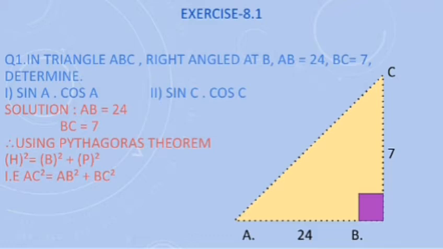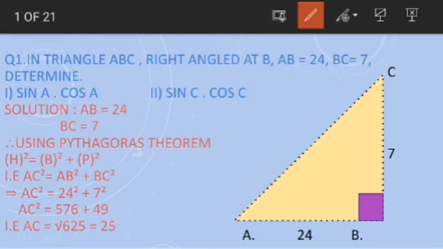Now class, moving further, we are given the values of AB and BC. So substituting the values of AB and BC gives you the square of 24 plus the square of 7. Now class, AC square is equal to 24 square plus 7 square. Now further, when you square 24, it is going to be 576, and the square of 7 is 49. Now adding 576 and 49, you come up with AC square equals 625. Okay class, now you have the equation AC square equals 625.